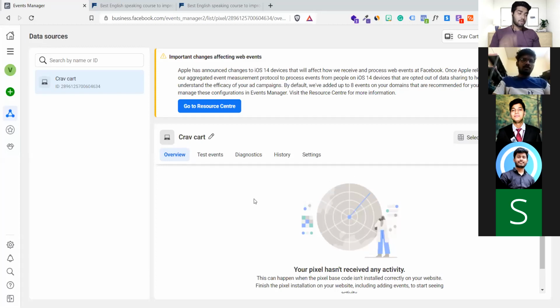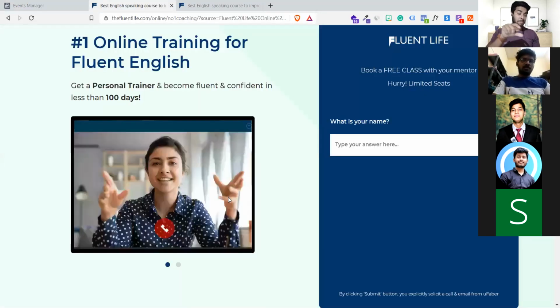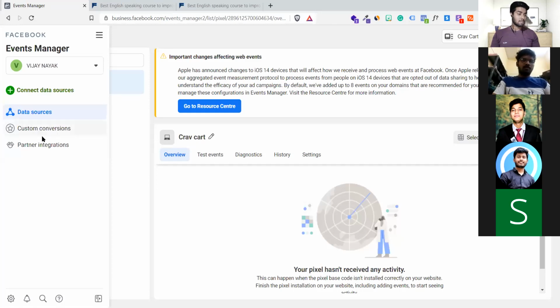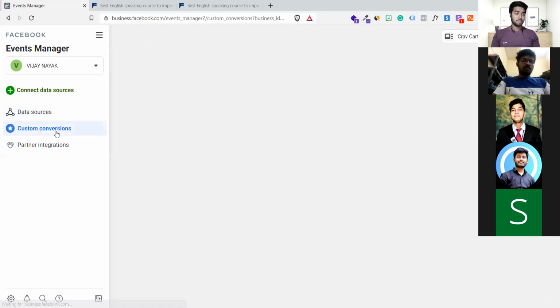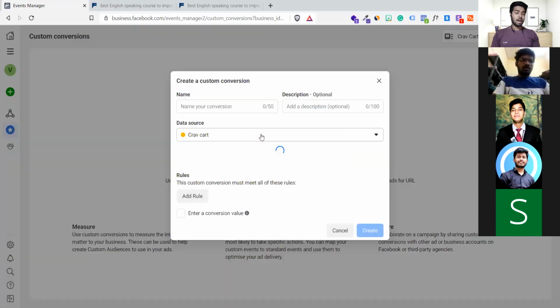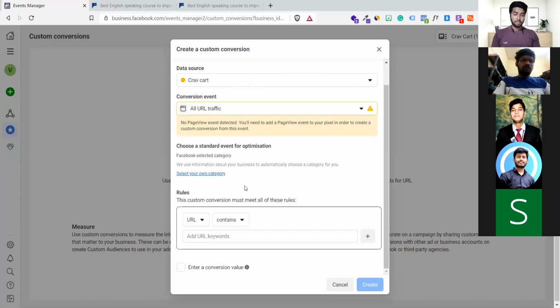Very short analytics. Now what you have to do is create a custom conversion. So how are these people going to track whether people are getting converted or not, whether they're spending the right money or not? They create a custom conversion for it. So we are going to create a custom conversion as well. Go down below data sources, you have a custom conversion option. You can see that clearly, guys. Let's click on this. Here is the custom conversion option. The moment you click on this, it will ask for certain things. Just pay attention.